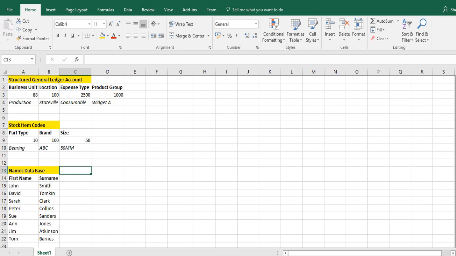Today we will be covering the concatenate function within Excel. To concatenate data means simply to combine individual cells of data into a single string of data. Now what I've done on the spreadsheet, I have put in three practical examples of where this can be used in business